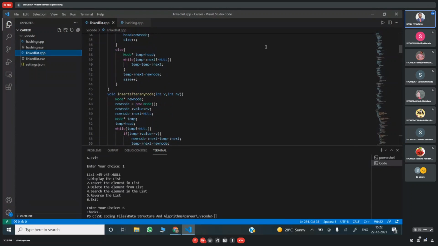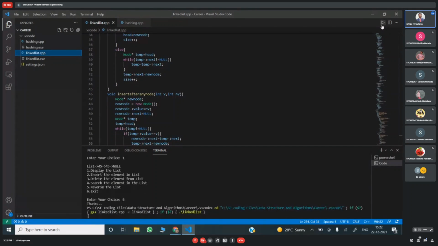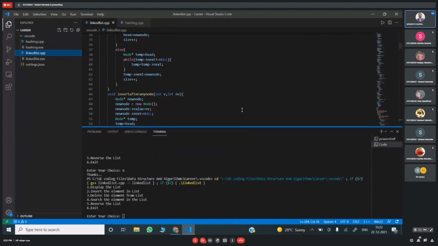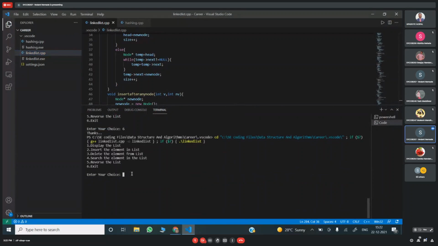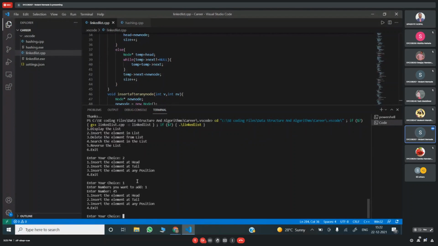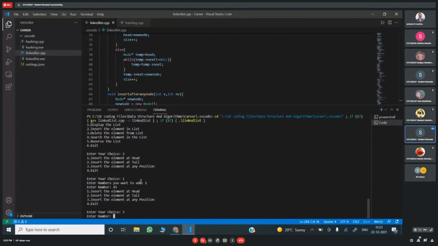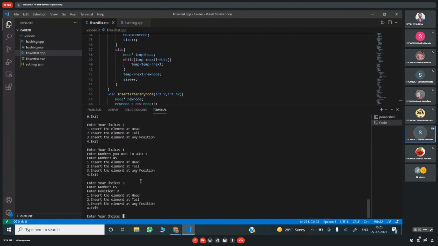Execute this. Okay, sir. If I want to insert an element, the choice is second. To insert at head, I add one number, 45. If I want to insert at a position, say number 65 at second position, I can insert the elements.